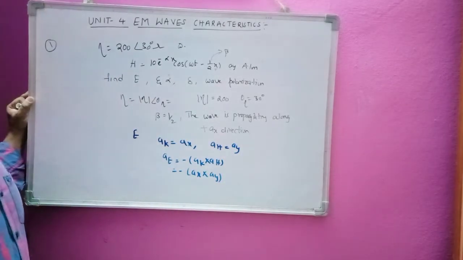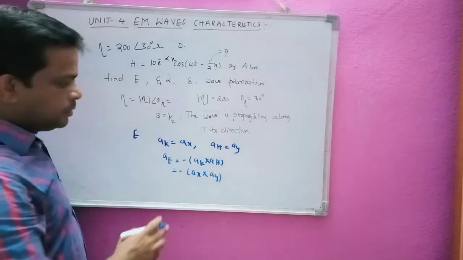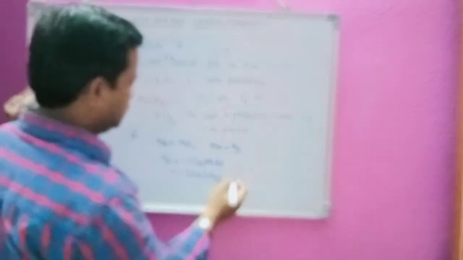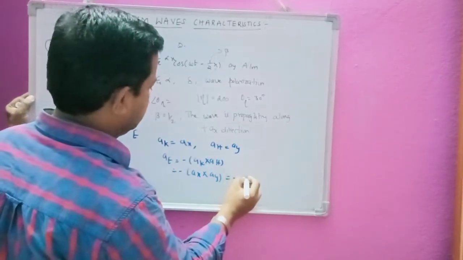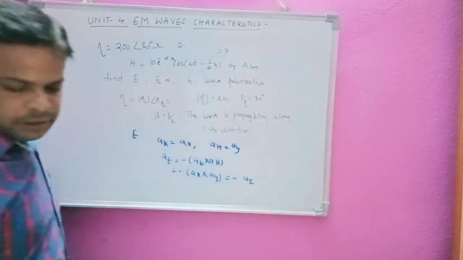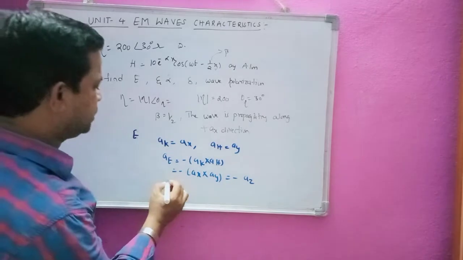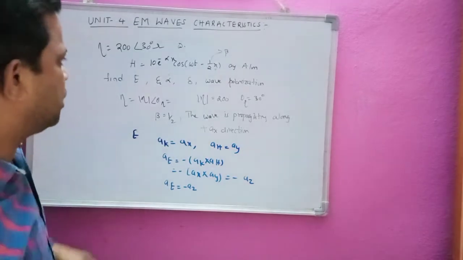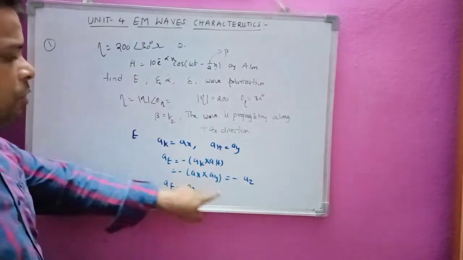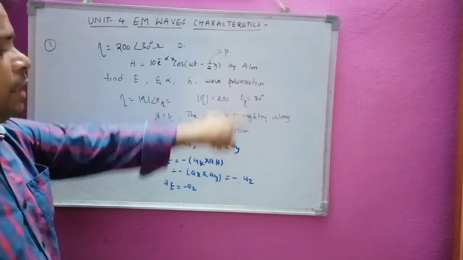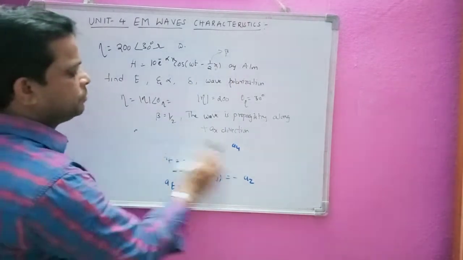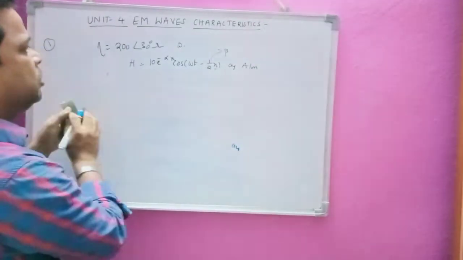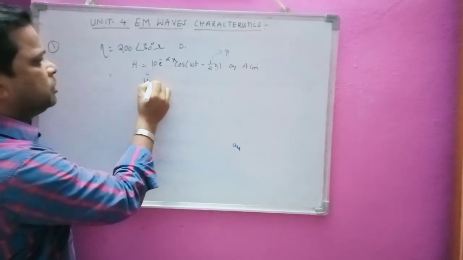So it will turn out to be aX cross aY with the minus sign, that is here minus gives aZ. Minus aZ here. aE is equal to minus aZ here. The direction of aE is minus aZ. Remember this equation. After calculating E, we have to put the direction, instead of aY we have to give minus aZ. Now we will calculate the value of H0 from the given data. This is the value of H0 here. H0 is equal to 10.